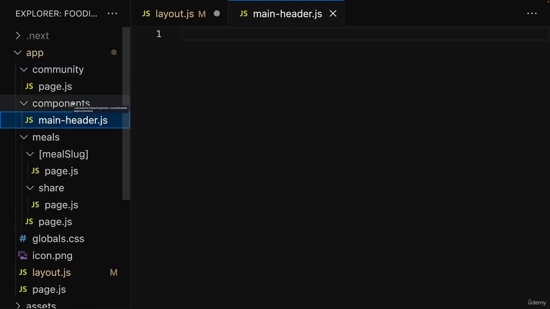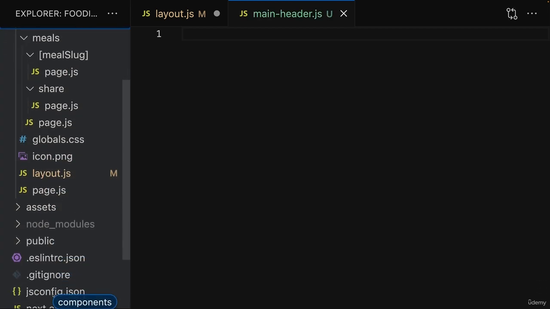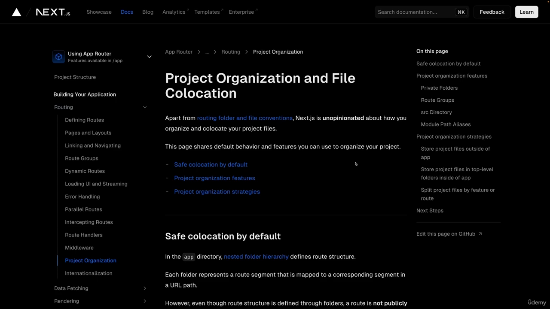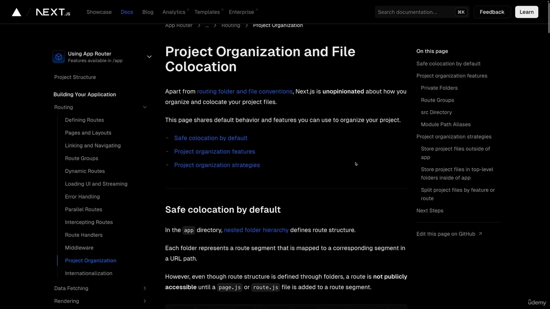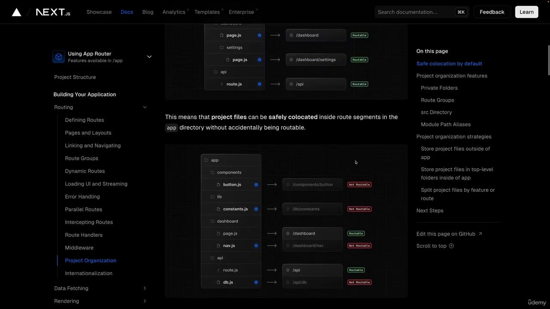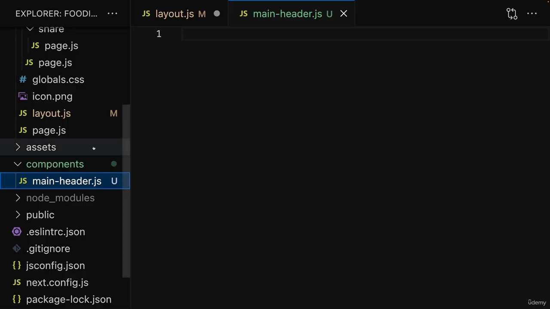But I personally prefer to keep them out of the app folder so that the app folder is really only dealing with routing and not with those other components, but that's just a personal preference. There is this entire article in the NextJS documentation that discusses different ways of structuring Next projects. Now here, I'll keep it out of the app folder though, and therefore it's now in this main-header.js file